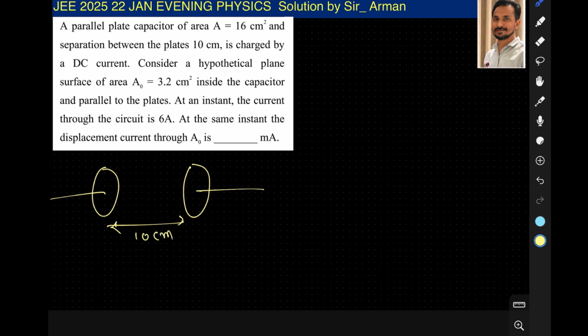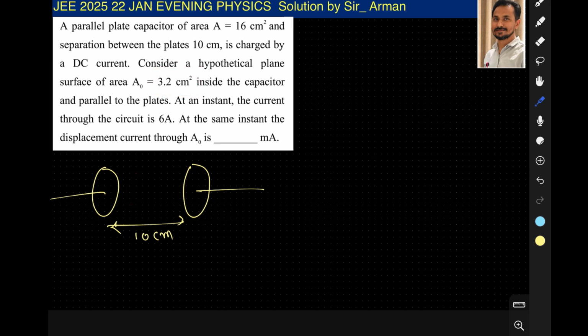And let us assume a hypothetical DC current passing. Actually capacitor blocks DC, right? But let us assume the DC current is passing through the capacitor. So consider a hypothetical plane surface area, सो यहाँ हम क्या करेंगे, कुछ सरफेस एरिया एज्यूम कर लेंगे इन दोनों के बीच का इनसाइड द कैपेसिटर, मीन्स यहाँ कुछ एरिया जो है वो ले लेंगे।